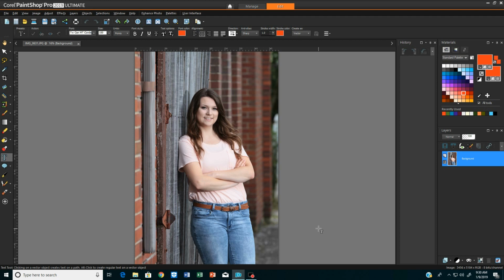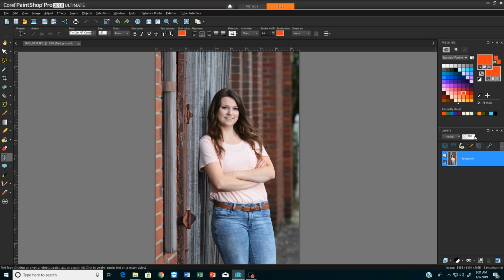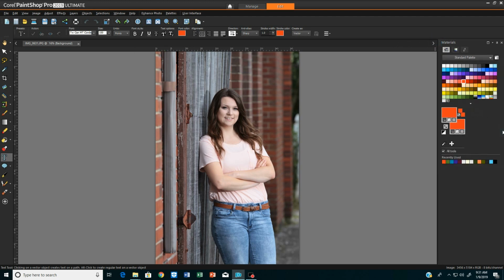Before we work on this image, I want to talk a moment about the layers palette that you see over here, and the history palette. If those are not on your screen, those tools are essential to doing retouching or any type of Corel Paint Shop work. Now, how do you get these onto your desktop? Let's close the history and let's close the layers palette. Now they're gone. So how do I get those back?